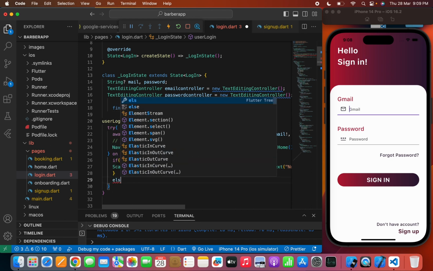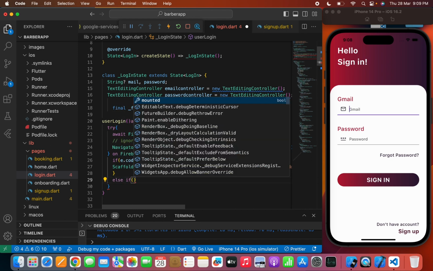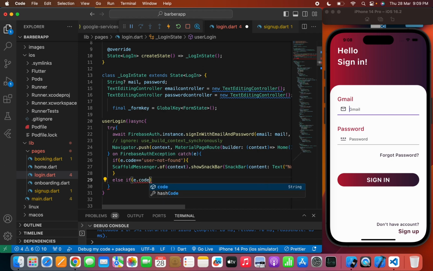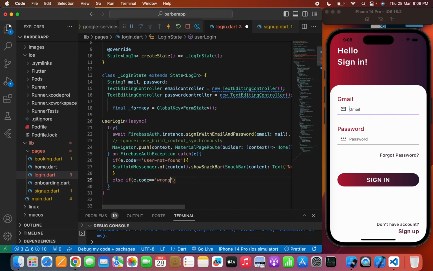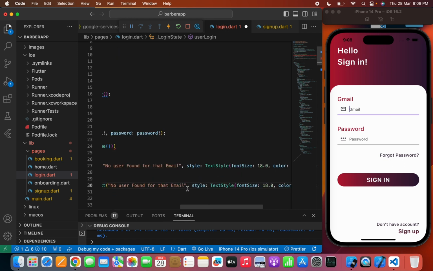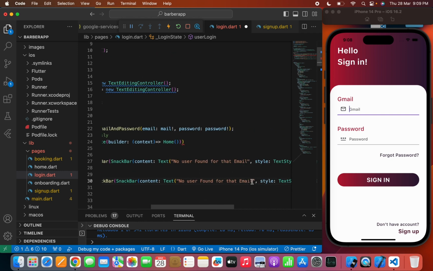Now we'll add an else if case and we'll again check that the user has entered the wrong password. So I will write wrong-password. Yes. Now we'll copy the ScaffoldMessenger and paste it here and change the text message to